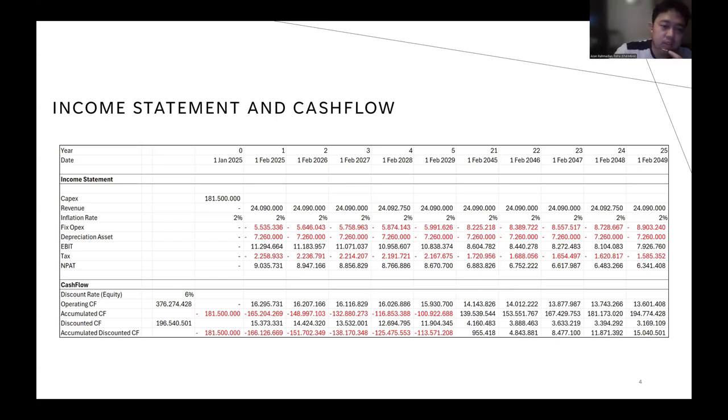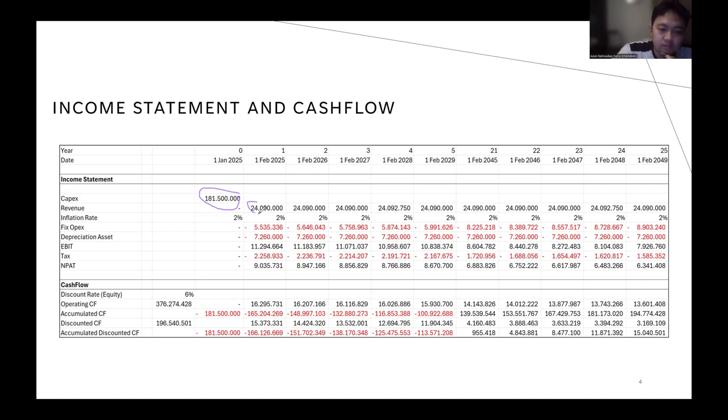Okay, I've created the calculation in Excel from the financial modeling. This is the income statement and cash flow. I've set the operation year up to 25 years, and I will annotate it. The capex has been released on the first day at 180.5 million dollars, and the revenue will be generated